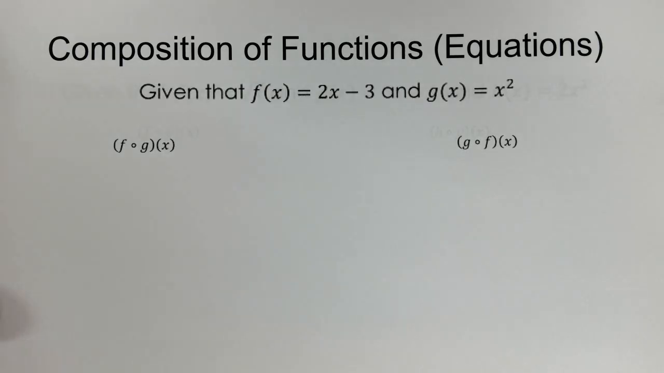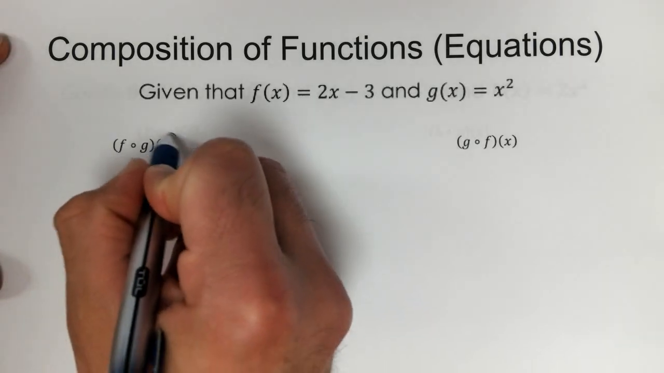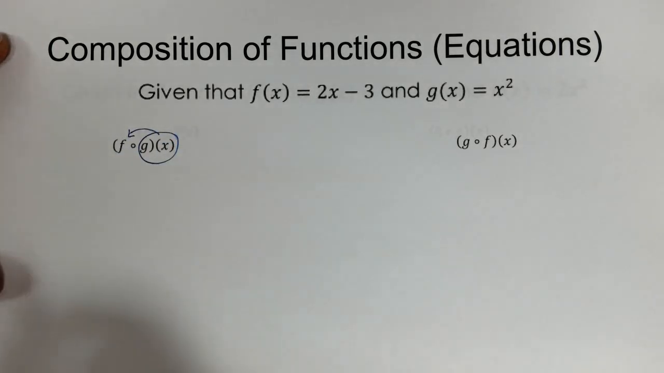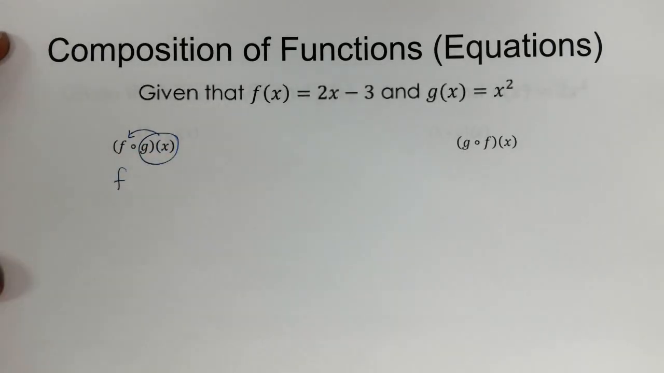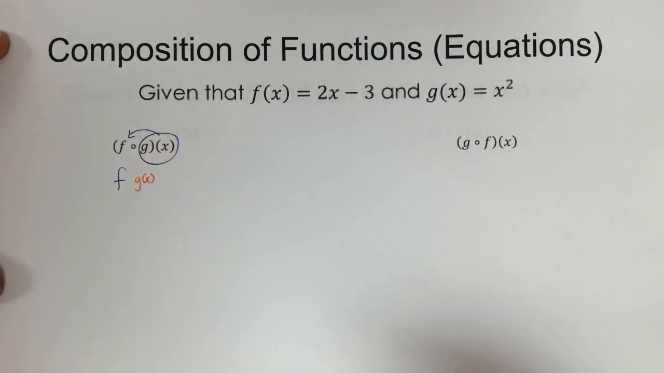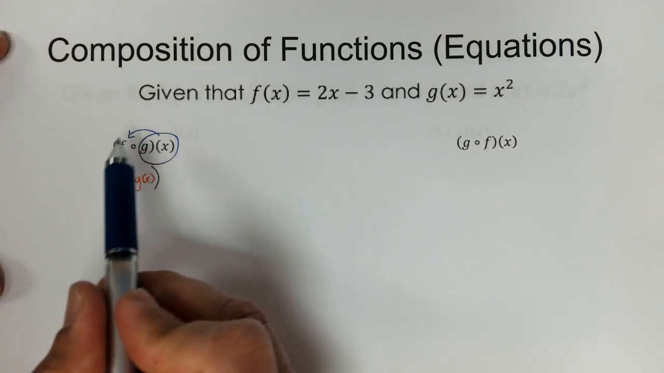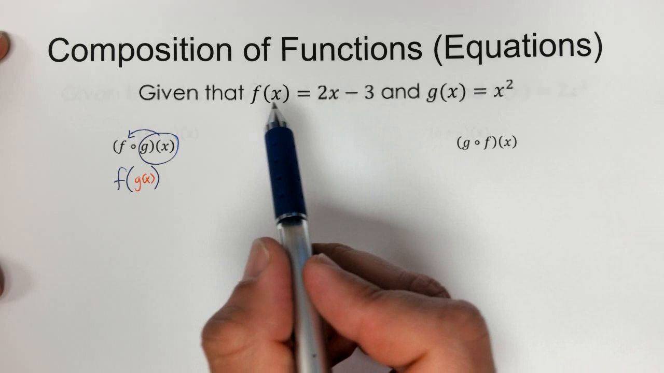Here I have two functions. I have f of x and I have g of x. This tells me that g of x will be the input for f, right? f is composed of g of x. So f is my main function, and g of x becomes the input. The first letter is the main function we're going to plug things into. So we're going to take f of x,